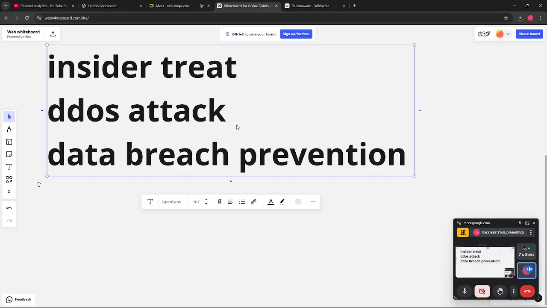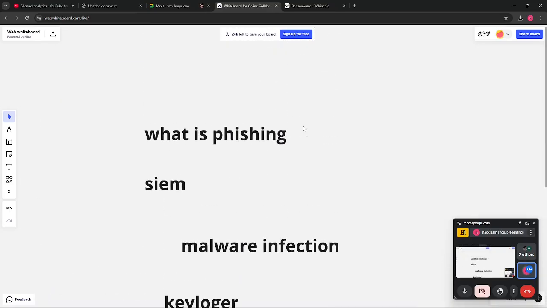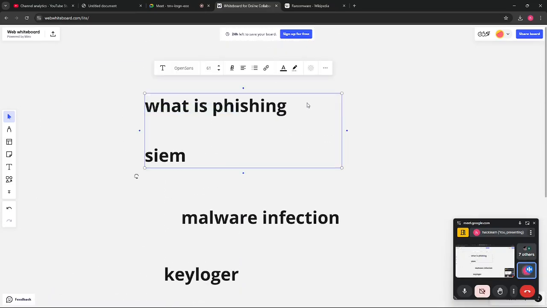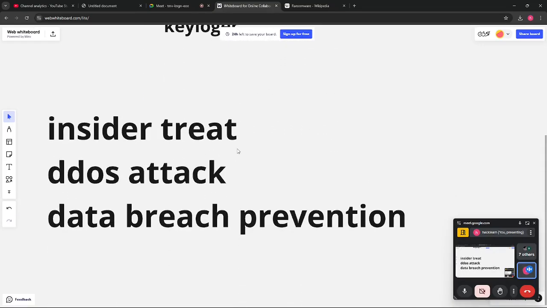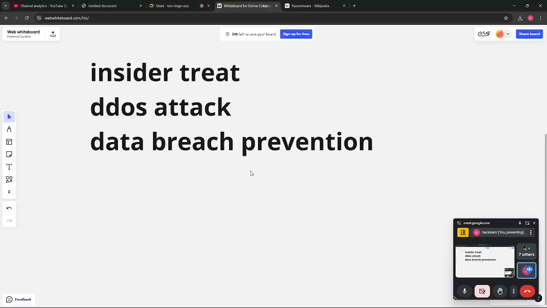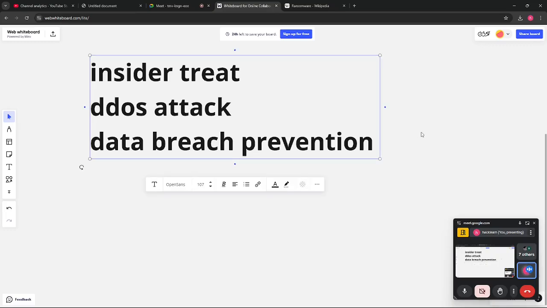So that's why these are the basic reasons why SOC is important: to get rid of phishing attacks, malware, insider threats, DOS attacks, and data breaches. You have to prevent all of them. For example, if your website or your server is running any outdated software on any specific port, that can act as a very vulnerable point, and your server may be compromised from that. That's why the SOC team is very important.